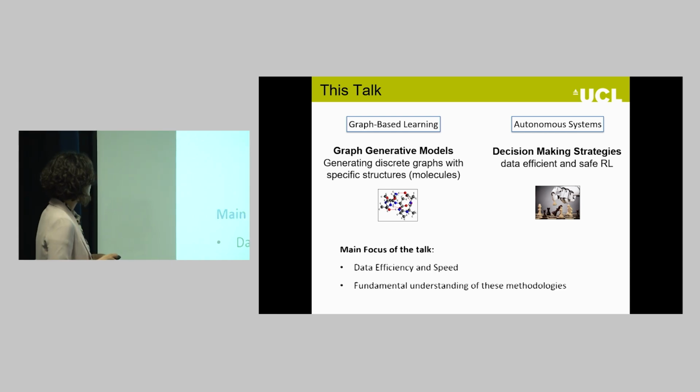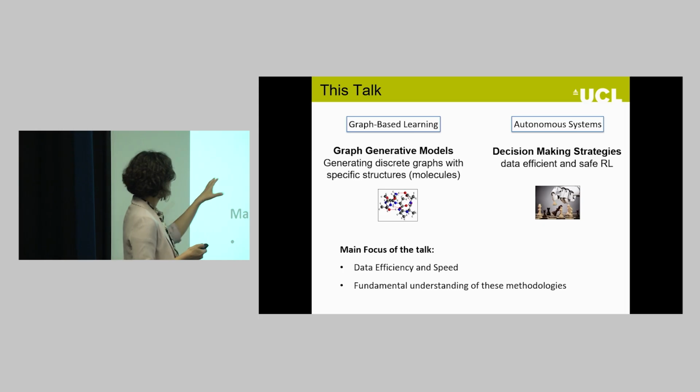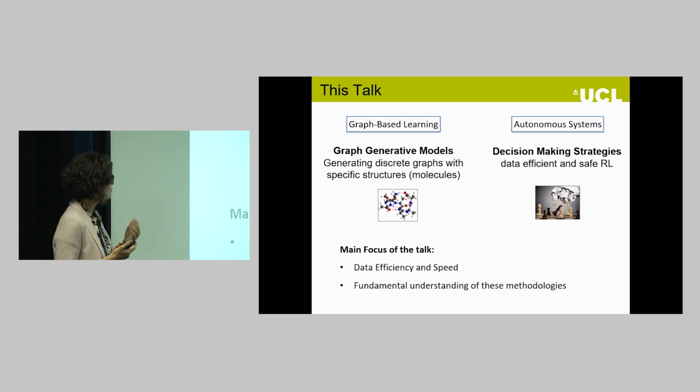In both cases, I will try to focus on how these technologies that use deep learning networks, which are highly data hungry, can be more efficient or fast, which is a clear bottleneck, data and computational time, and also how we can have a deeper understanding of how these methodologies